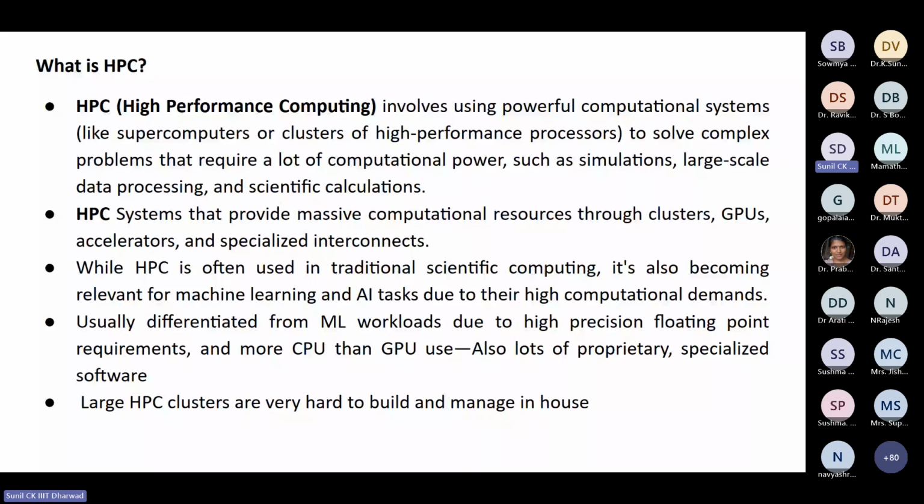So high performance computing systems provide massive computational resources to clusters such as GPUs, accelerators, and specialized interconnects. Okay. So there, most of the training used to happen offline,